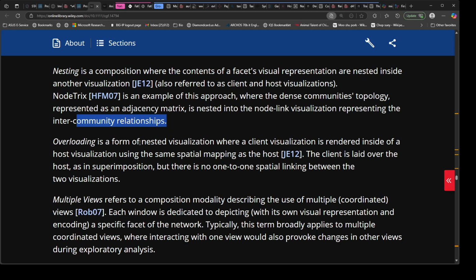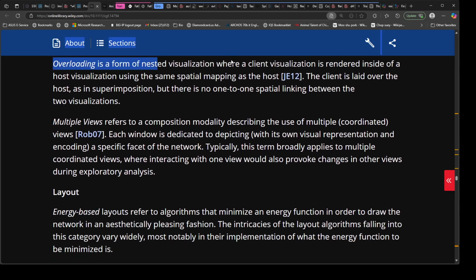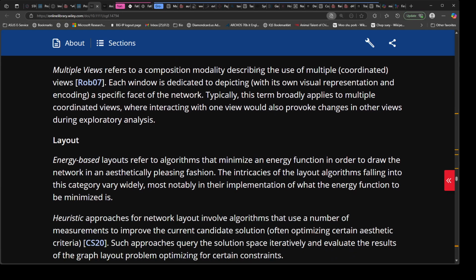Overloading is a form of nested visualization where a client visualization is rendered inside of a host visualization using the same spatial mapping as the host, JE12. The client is laid over the host, as in superimposition, but there is no one-to-one spatial linking between the two visualizations. Multiple views refers to a composition modality describing the use of multiple, coordinated,